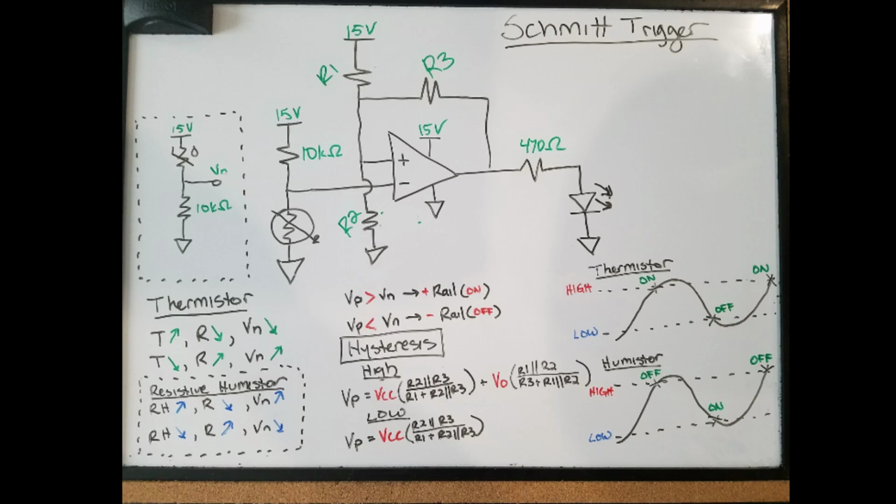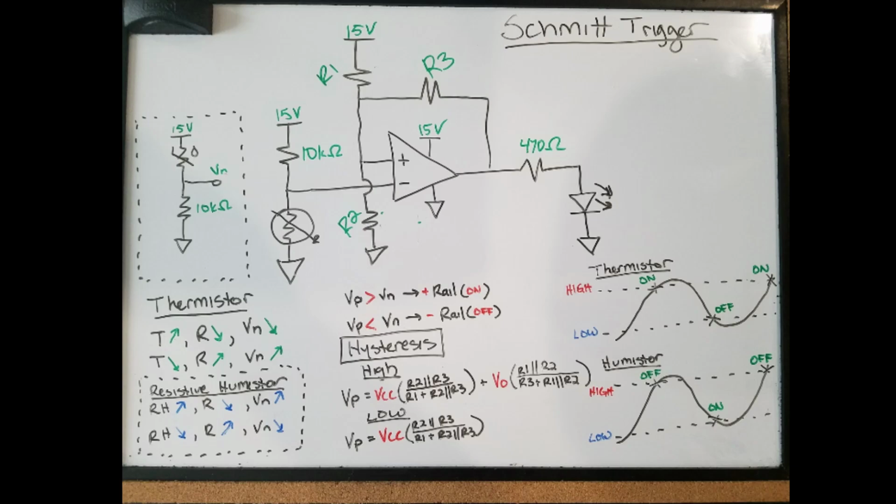If you'll notice in the bottom left of the screen, as temperature rises, the voltage at the inverting terminal falls. It's an inversely proportional relationship. And for the humistor, it's opposite. It's a proportional relationship. And the reason being is the thermistor and the humistor need to